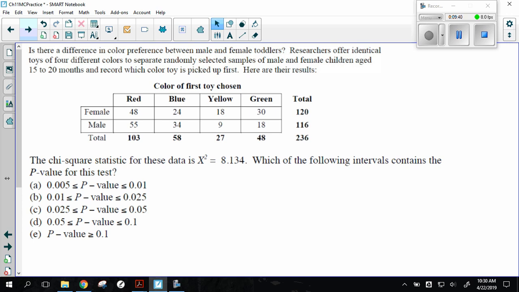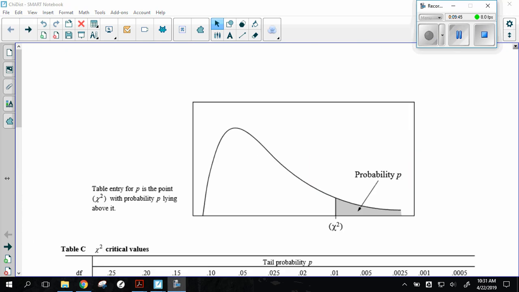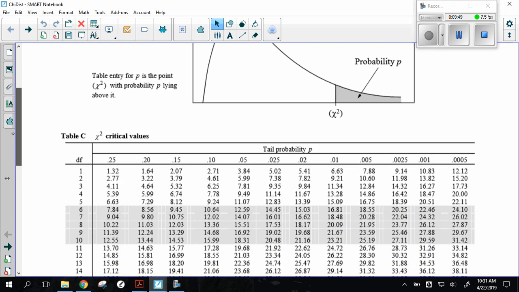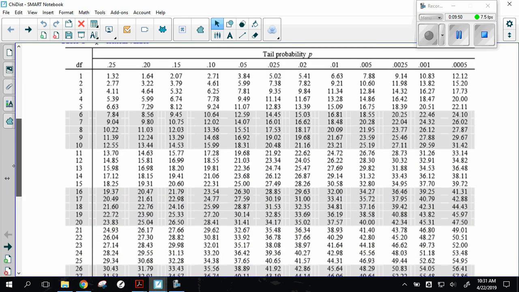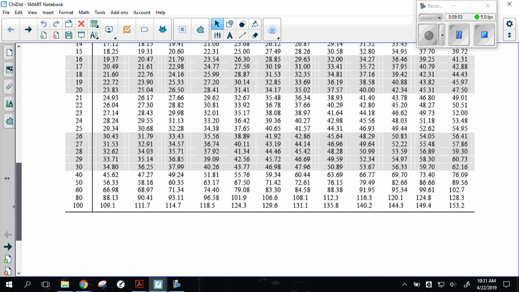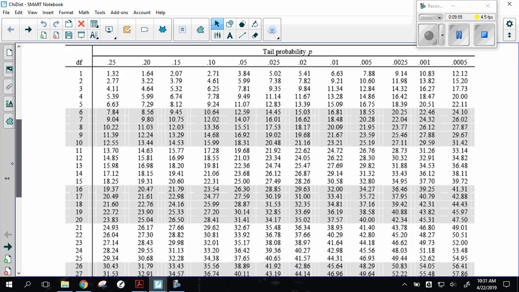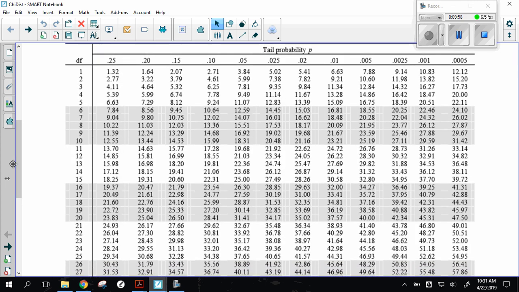So let's get out that chi-square table. All right, so I've got out my chi-square table, and I immediately realized that I need to choose some degrees of freedom. So let's go back and look